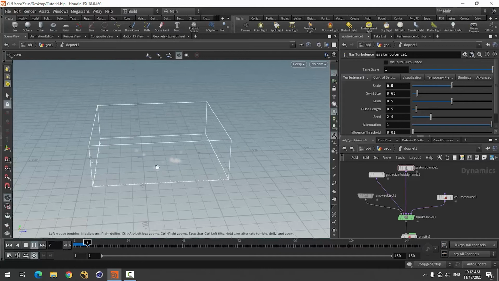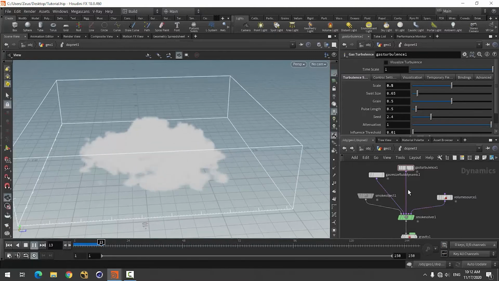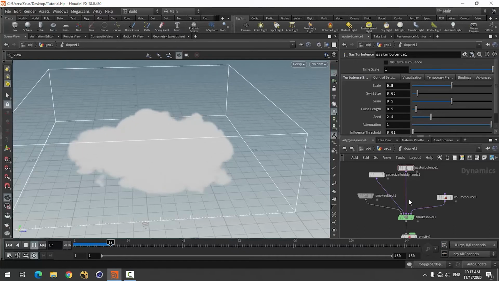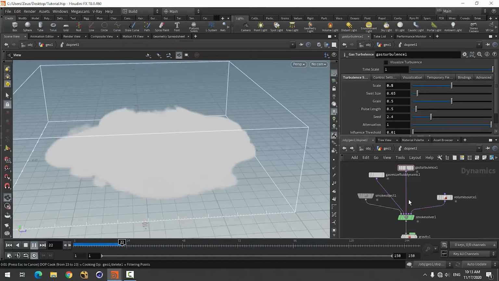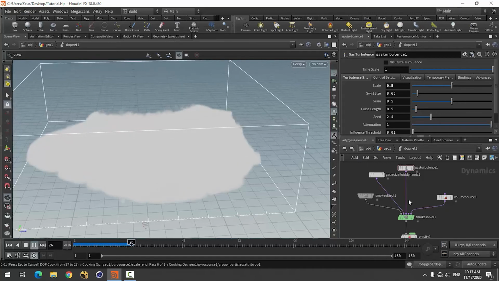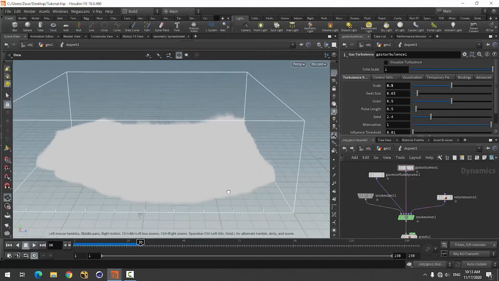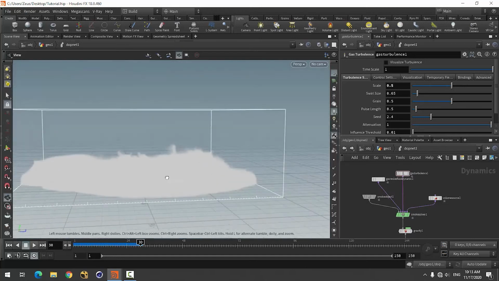Here some smokes are popping, so we can delete these by using a little bigger value for velocity. Okay, now you can see this is going, but I think density is too high. So